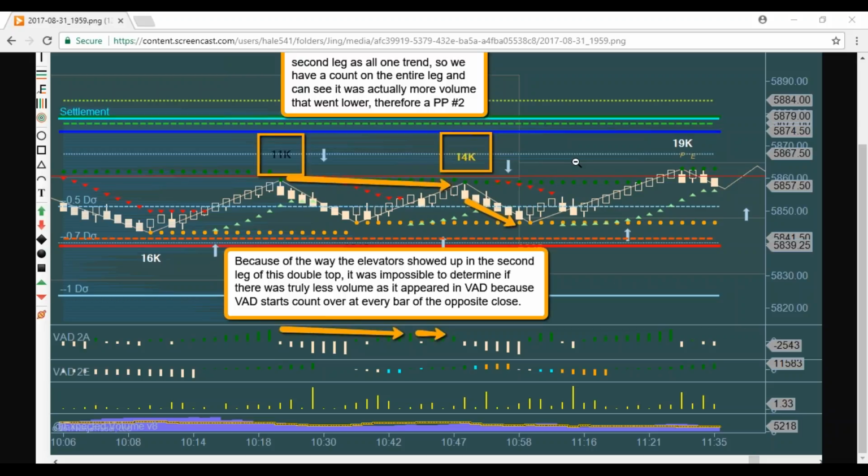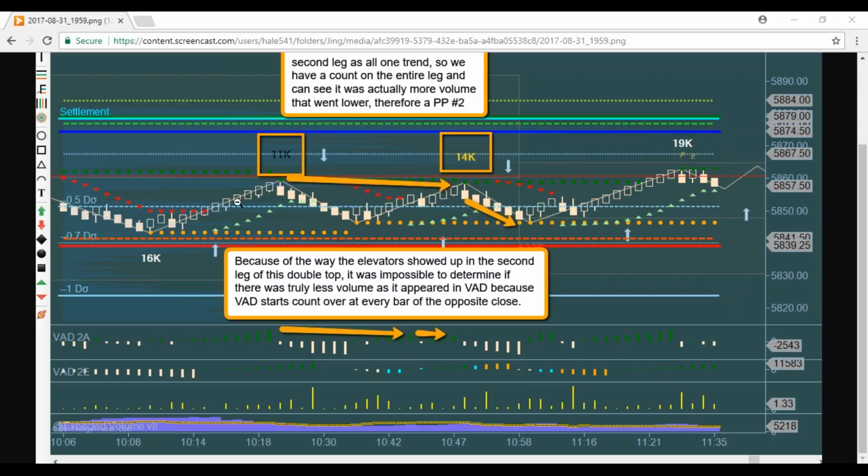So in this case, VAD and oscillation detector do not agree, do they? But can you clearly see why they don't agree? And why do they not agree? Because of this 1 bar elevator. But can you look at the overall picture and say, I get why they don't agree, but I also get